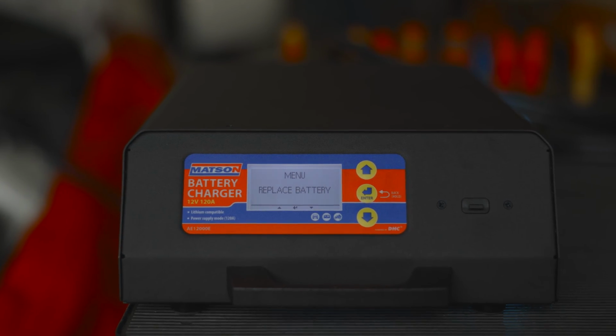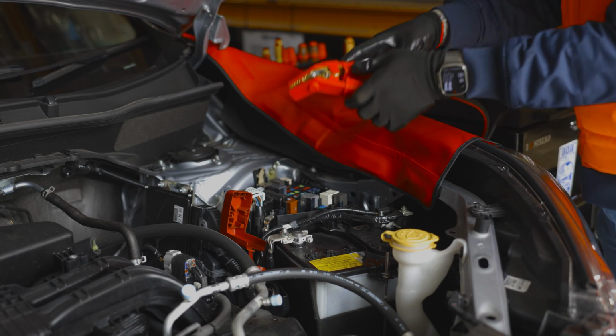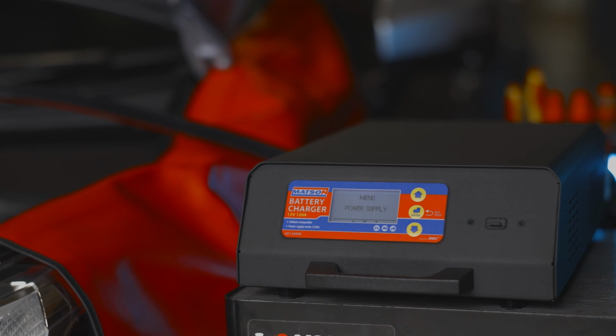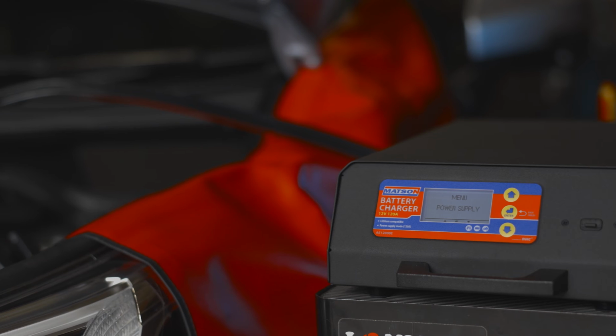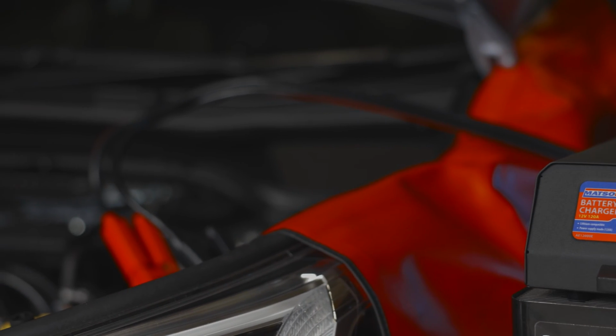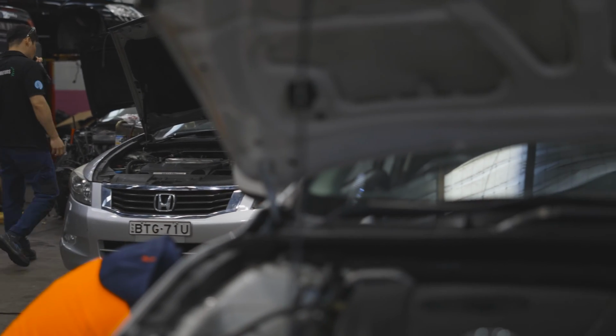In replace battery mode, the AE12000E can act as a 30 amp memory minder to ensure settings and codes are maintained whilst the battery is replaced. In power supply mode, the AE12000E supports up to 120 amps of continuous current, which can be crucial for later model vehicles that may require a higher constant stable current during the reprogramming procedure of ECUs as well as performance